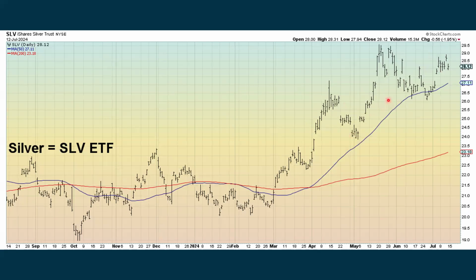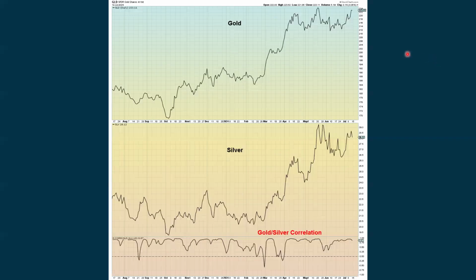Silver is also in an uptrend, not coming back and surpassing these previous high prices that we've seen recently. Then we look at the closing price for gold on top and the closing price for silver on the bottom. And you would think, well, silver and gold, just like Rudolph the Red-Nosed Reindeer, the song and everything, you think, well, they have a tendency to move in tandem with each other. And that usually is true.